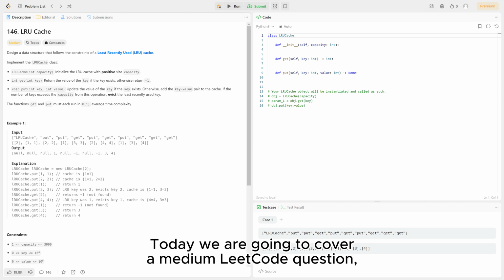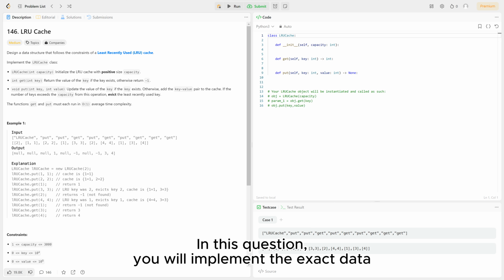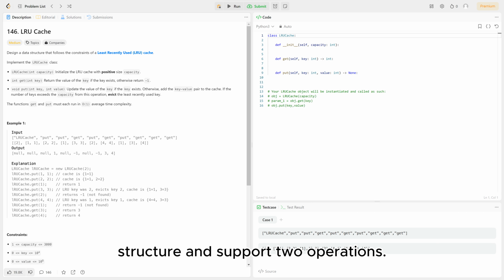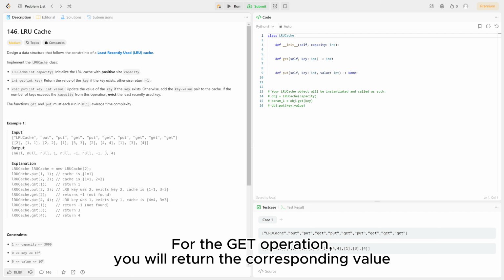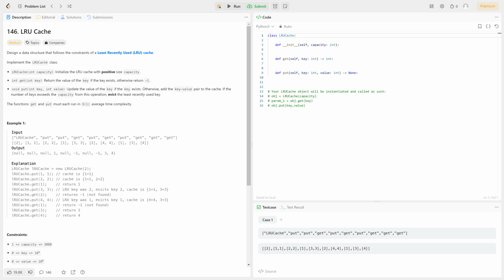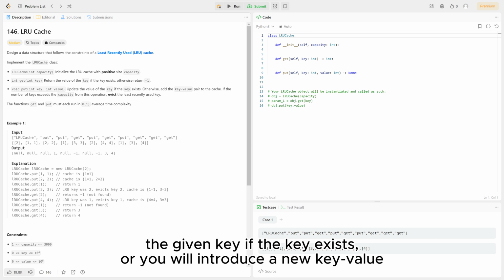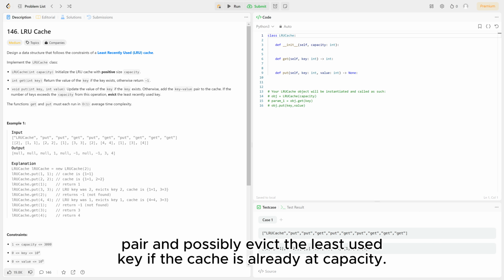Today, we're going to cover a medium LeetCode question called LRU cache. In this question, you will implement the data structure and support two operations. For the get operation, you will return the corresponding value of the given key if the key exists, or you will return -1. For the put operation, you will either update the value of the given key if the key exists, or you will introduce a new key value pair and possibly evict the least used key if the cache